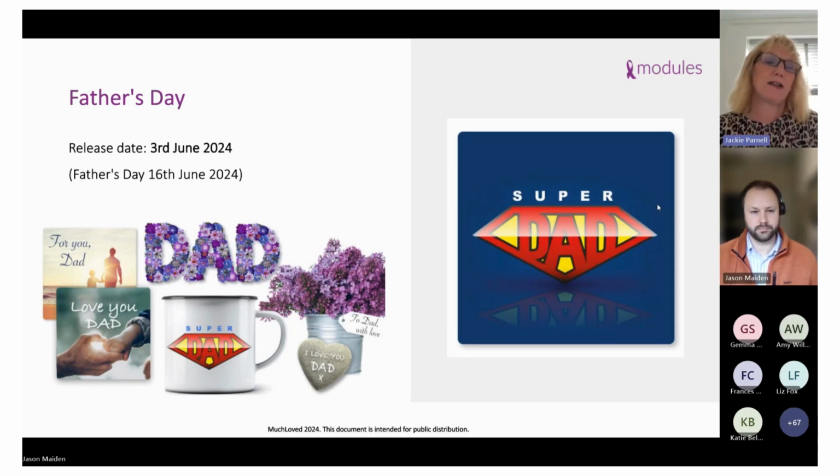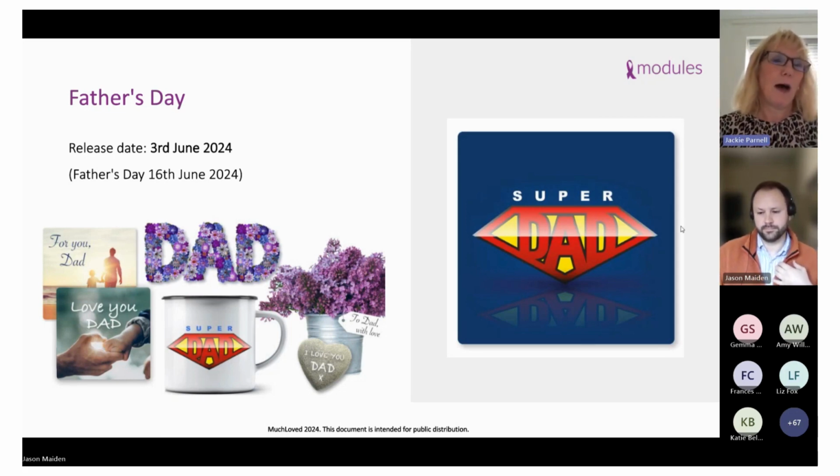So you could add on behalf of your charities a little Father's Day super dad, little mug on any tributes that you know that the deceased were a father, and you can schedule that in if you're an Optimum partner, and Jason will give a little demo of how to do that later on. But there's lots of things you can do, and nothing is hard. It's all quite simple. It can all be done from your partner area, or if you are an Advantage partner, you can do it from the front of the homepage of the tribute.